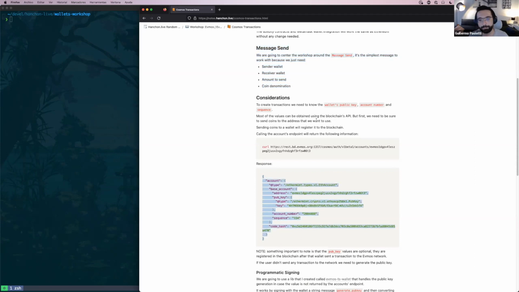For our wallet, we are going to need our wallet address, our public key, the account number, and sequence. The wallet address is your address, the same as any other chain. Your public key is a way to represent your wallet. Then you have the account number, that is the number that you are given by the blockchain when you first